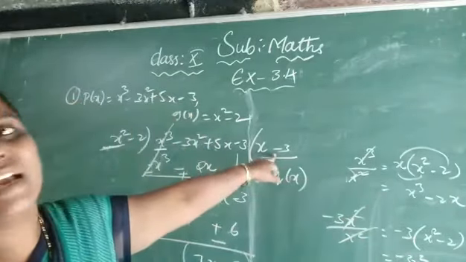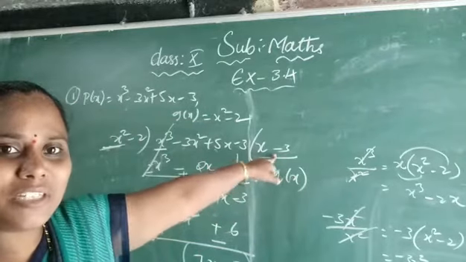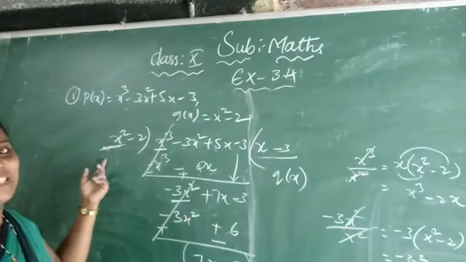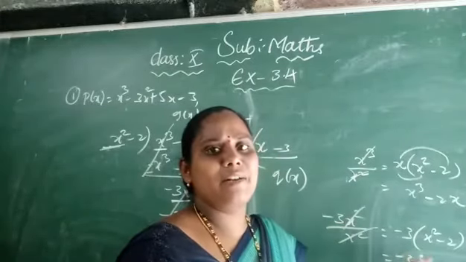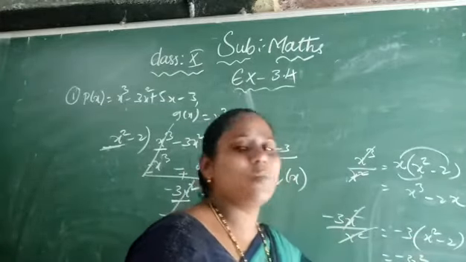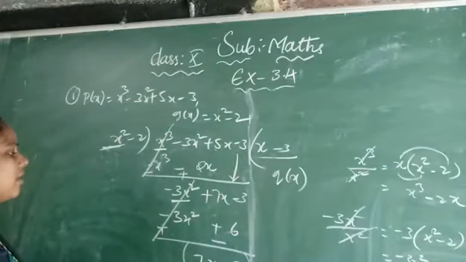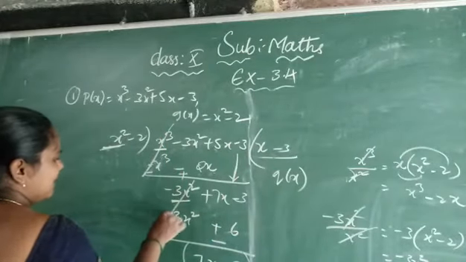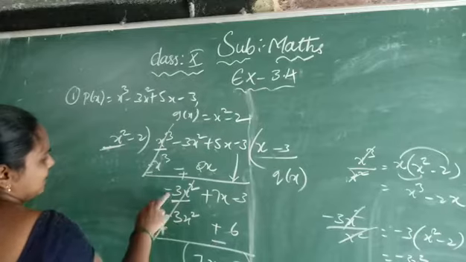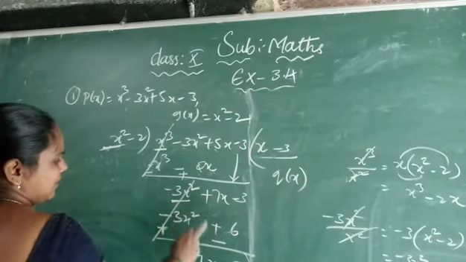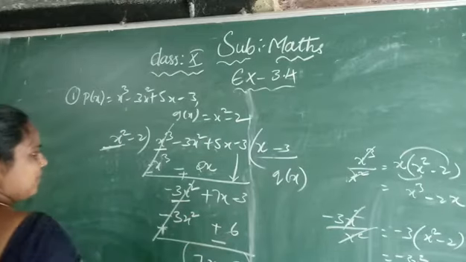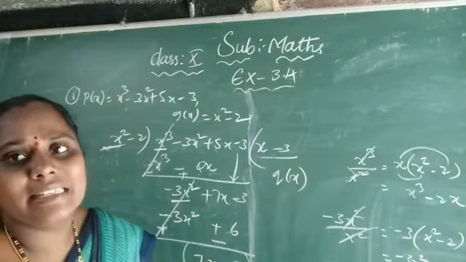This minus 3 will become what? The quotient. This quotient should be multiplied with g of x, x square minus 2. So if you multiply minus 3 into x square, minus 3x square, minus 3 into minus 2, plus 6. So keep it here. This value has a minus sign, so it becomes plus. Plus 3x square minus 3x square cancel. It is plus, so it became minus. 7x, minus 3 minus 6 is minus 9. So this value you will get as the remainder.